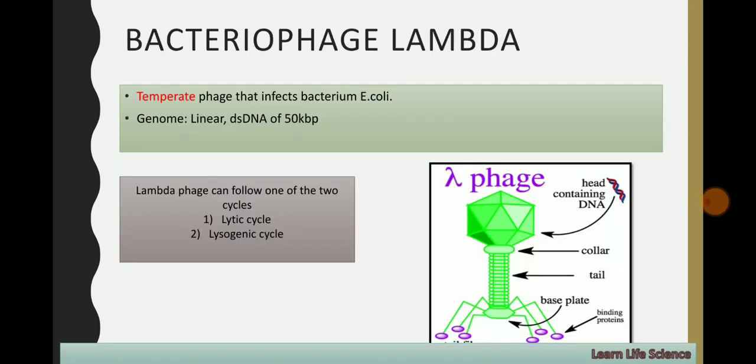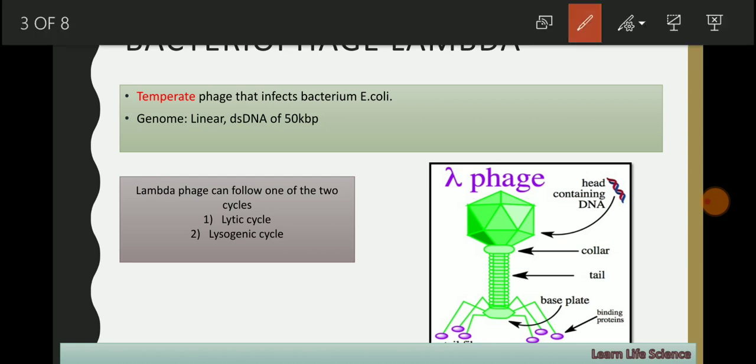Generally, lambda bacteriophage are the viruses that infect bacteria, and therefore they are considered as a temperate phage. Now, what is the meaning of temperate? Temperate means they can undergo both lytic as well as the lysogenic switch depending on the conditions surrounding them. For example, if the conditions surrounding them are favorable, then they are going to switch to lytic cycle. But when the conditions surrounding them are unfavorable, then they are going to remain in lysogenic phase.